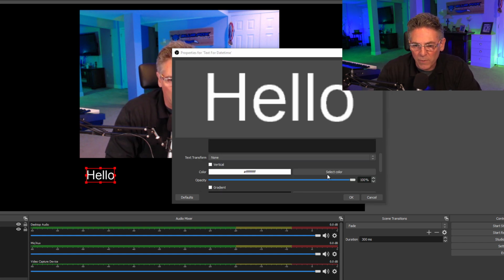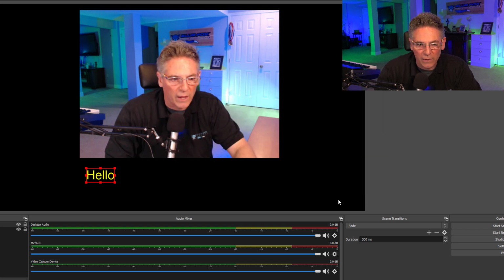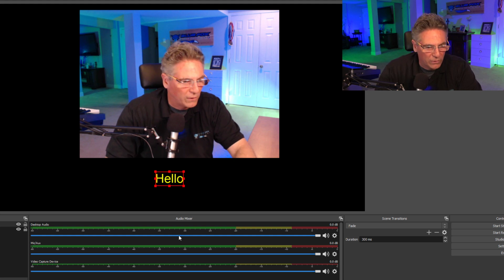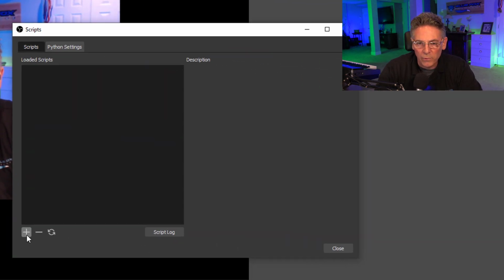I'll scroll down and make sure I change the color to yellow. I'll hit OK and hit OK out of there. Okay, so there's the text. Looks good. And now what we want to do is go into Tools, Scripts, and hit the plus button,